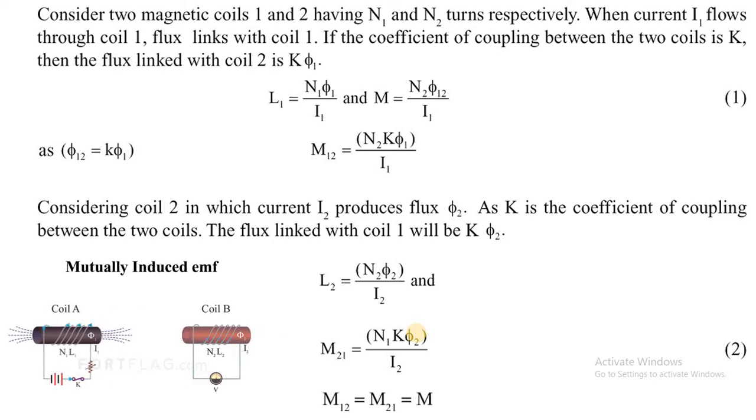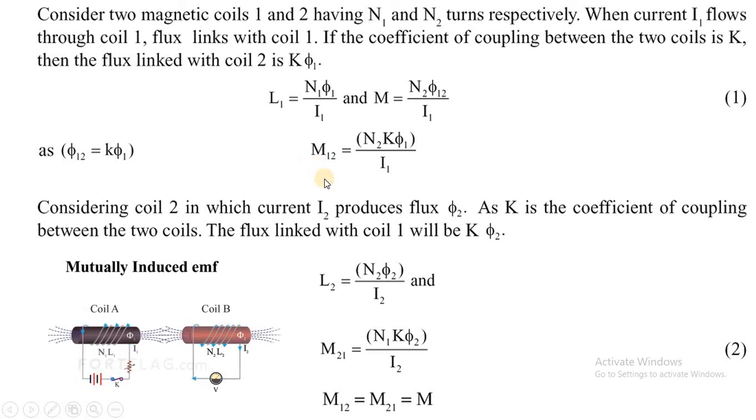Both these mutual inductances of coil 1 and coil 2, assume that they are equal. Assume that both the coils have the same structure, same straight conductor, same material, same turns. So assume that the mutual inductances of both the coils are the same. Assume that M12 is equal to M21 is equal to M. Denote it as M.